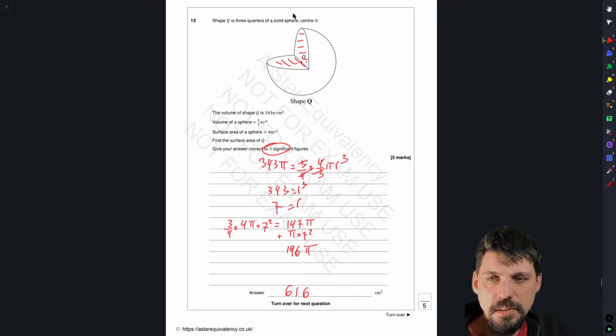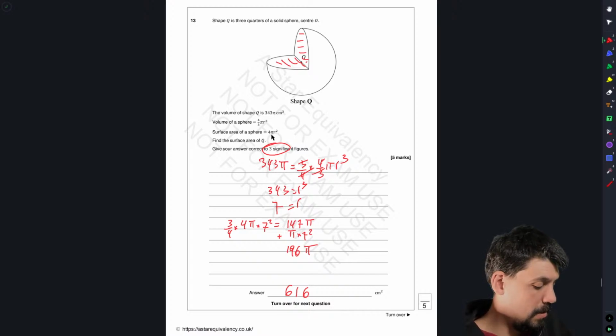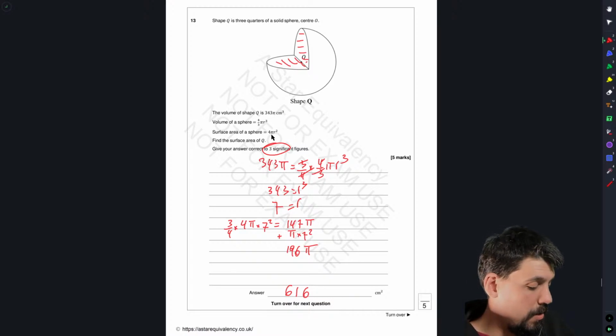So we've said the radius is 3. We've lost that. It's there, it's there, it's there. So it's 3/4 of that. So it's 3 times pi r squared. 3 times 7 squared, which is 147 pi, plus a whole circle, which is plus 49, times pi,